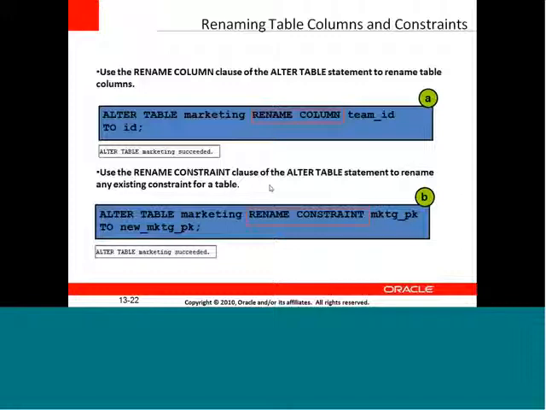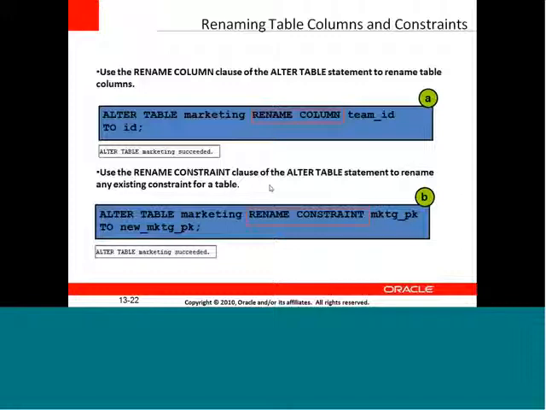Even the column name can be changed, even the table name can be changed, even the constraint name can be changed. So any permanent changes you want to do in terms of renaming any attribute or an object name or a constraint name on a table, you can do it with the rename. That's nothing but permanently saving the change whatever you have done.